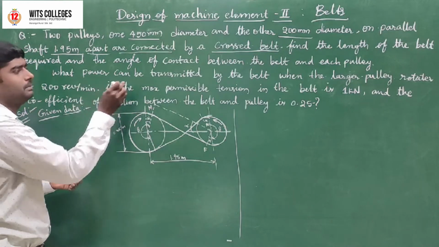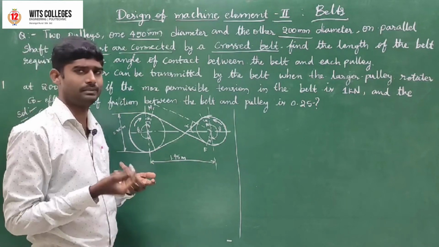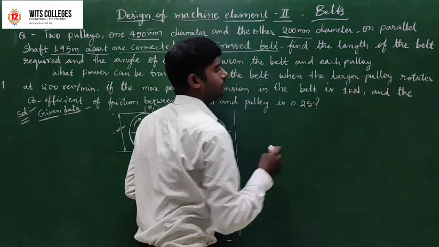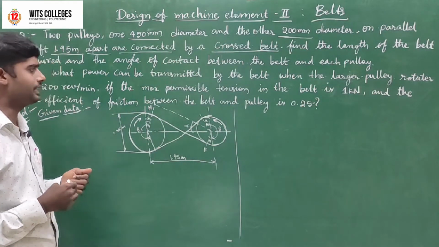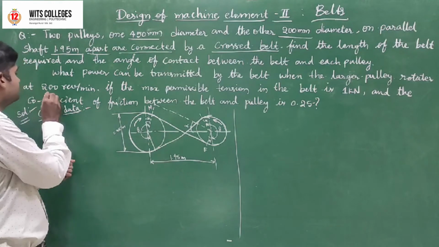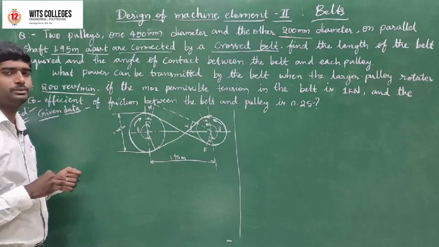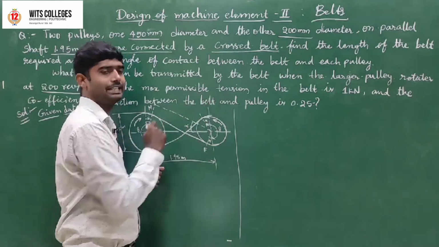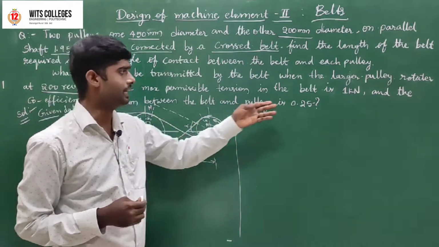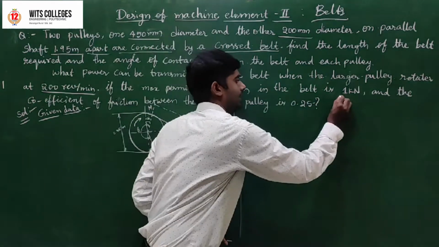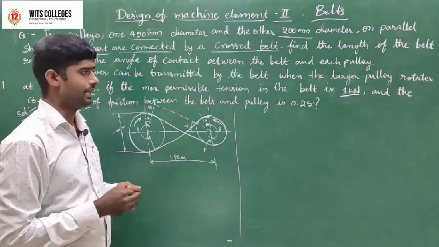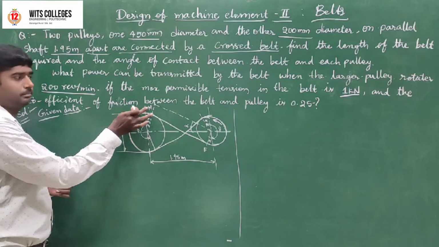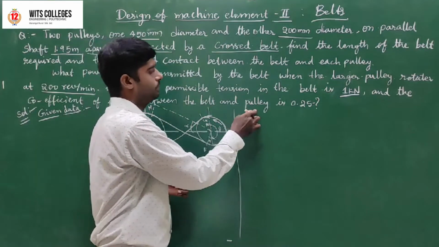What power can be transmitted by the belt when the larger pulley rotates at 200 revolutions per minute, if the maximum permissible tension in the belt is 150 kilonewtons and the coefficient of friction between the belt and pulley is